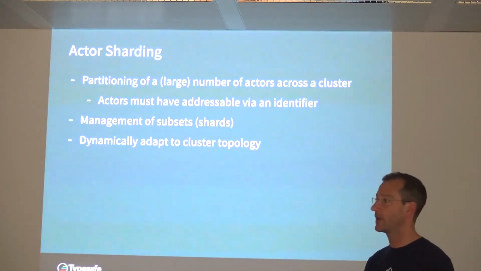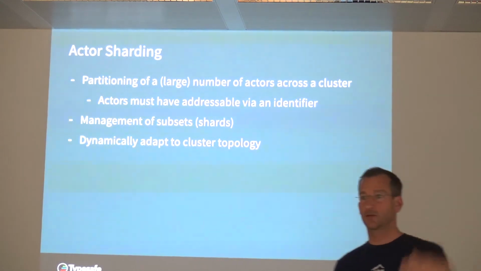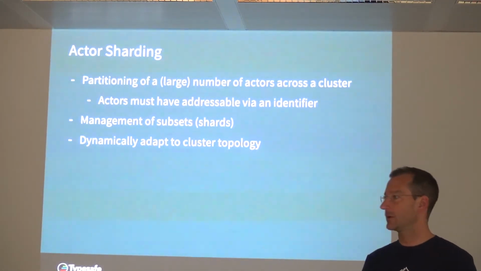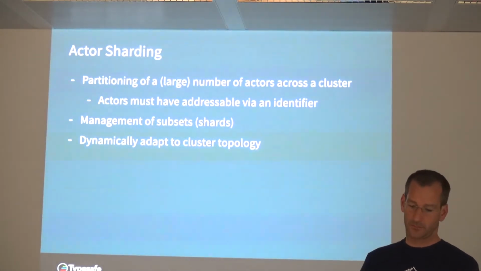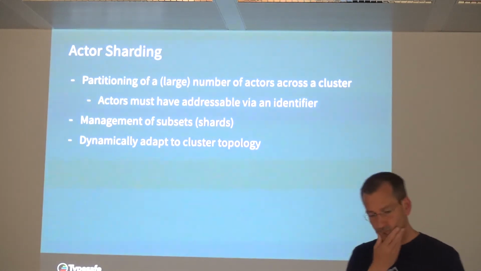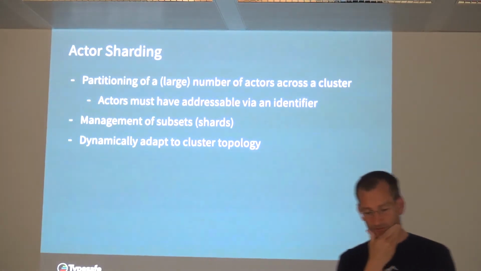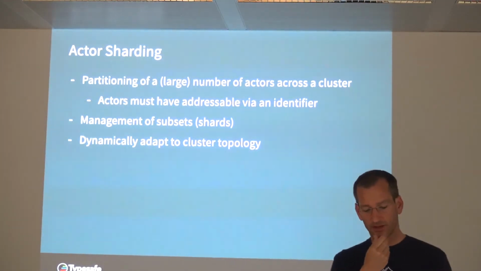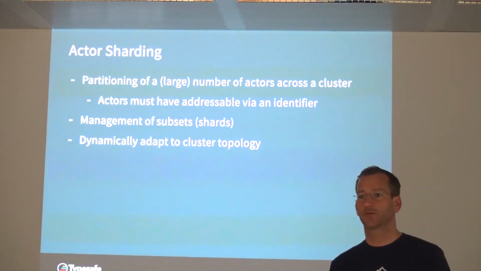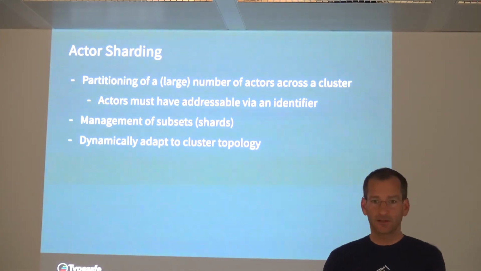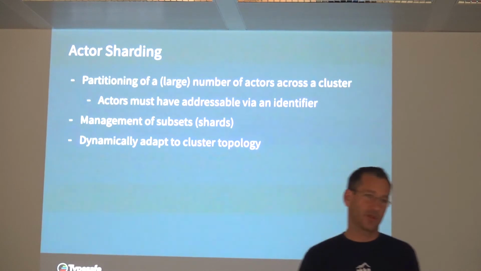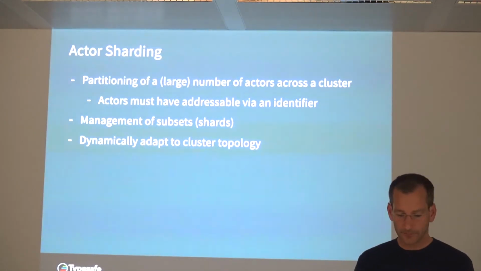But what if your actors have lots of state, like the flows? They can contain thousands of messages, right? Then you probably want to have multiple nodes holding your actors. To use Akka sharding, your actors must be addressable via an identifier. You must be able to talk to those via a name or an ID. This is possible here. Each flow will be sharded, and they have a name that is unique.